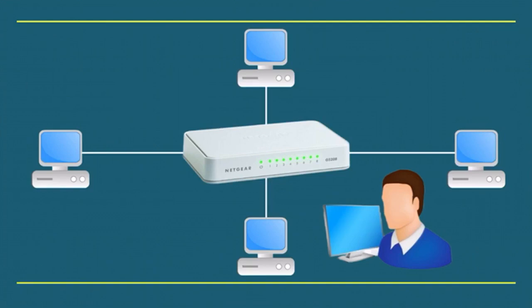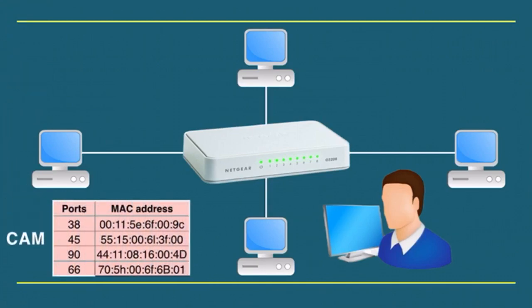However, a switch is more efficient at passing along traffic. It records the addresses of the computers connected to it in a table. This table is called content addressable memory that stores MAC addresses of the devices. For example, when a computer sends a message to the switch, it checks the destination address in the table and sends that message to the appropriate computer rather than sending it to all the connected computers. If the destination address is not in the table, switch sends the message to all connected computers. Switches are widely used in small office, home office networks.